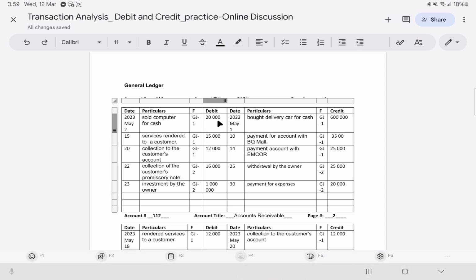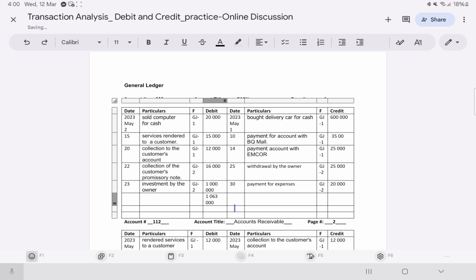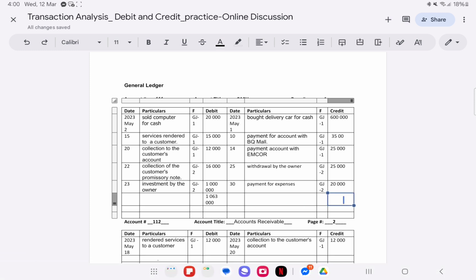Okay, so 20,000 plus 15,000 plus 12,000 plus 16,000 plus 1 million. Okay, so your total cash in debit is 1,063,000. 1,063,000. And the total on your credit side is